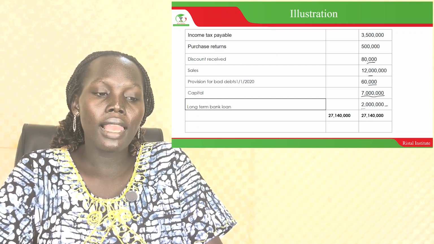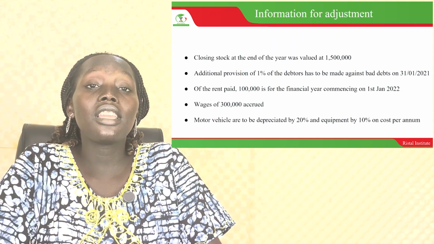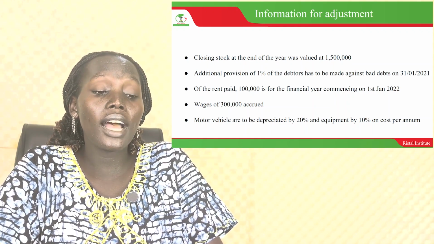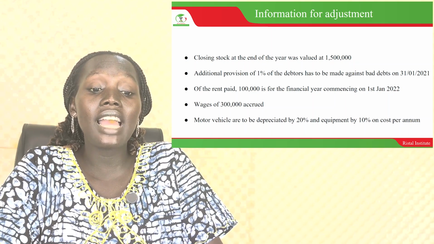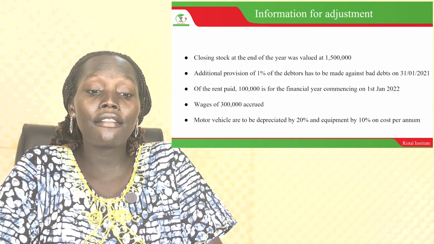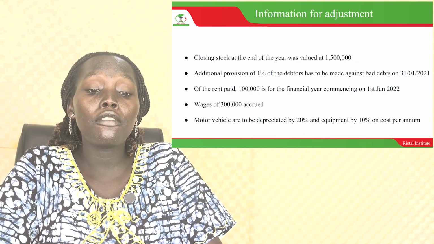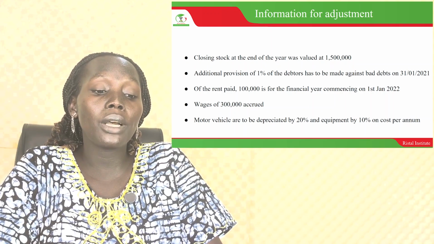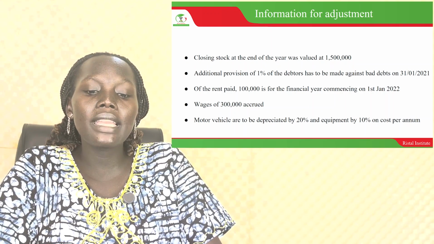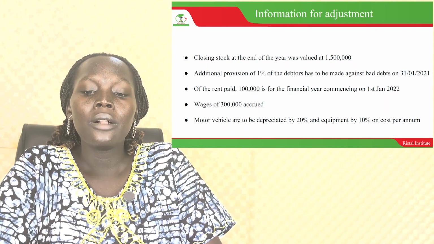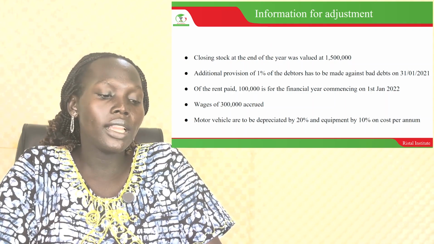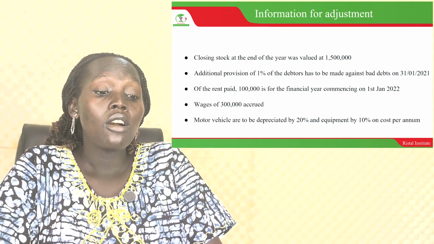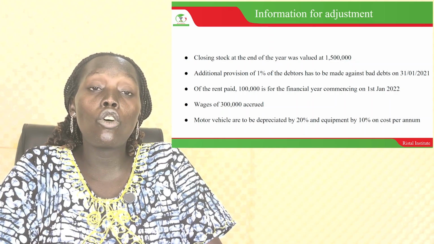So as you see, it has balance. And then they've given us additional information. They're saying closing stock at the end of the year was valued at 1,500,000. And then they're saying an additional provision of 1% of the debtors has to be made against bad debts on 31st January 2021. And then they're also saying of the rent paid, 100,000 is for the financial year commencing on 1st